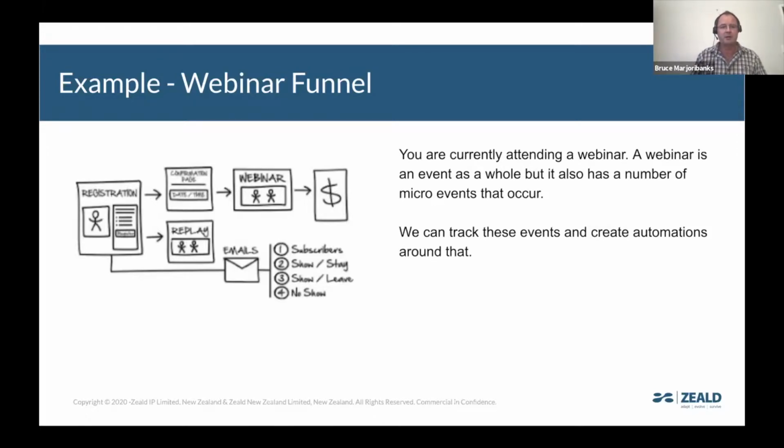We'd also know if someone opened that email. And if they didn't, we might set off an automation to send another one. For example, if the email was sent in the morning, someone had not opened it and not registered, then that evening maybe just resend it and send it to them. That's a very simple example of how to use it, but it's a great way of showing how automation can